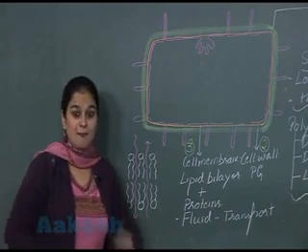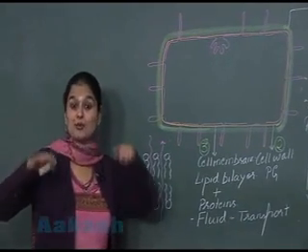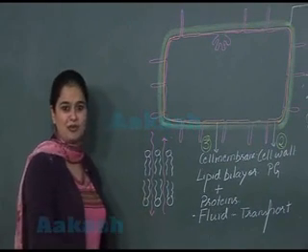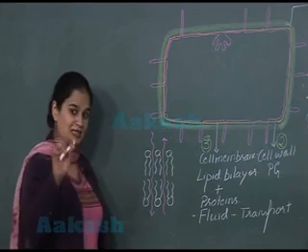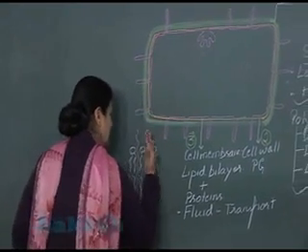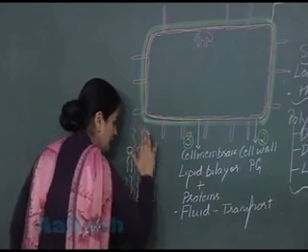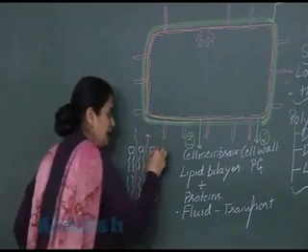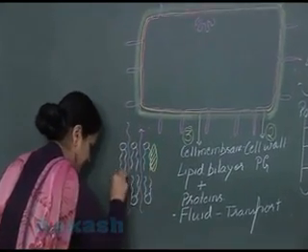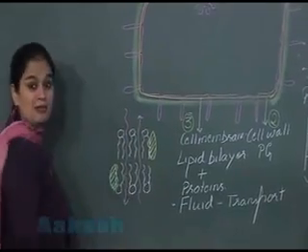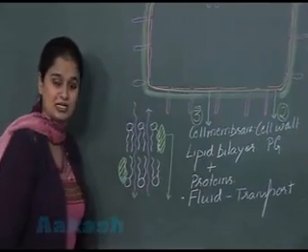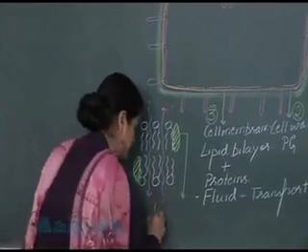So it means the fluidity of the membrane has to be maintained at a certain level, so that the stability of the membrane is also maintained. Let's see how this stability will be maintained. These lipids show movement. To restrict their movement and reduce fluidity, there is the presence of compounds along with the lipids, and these compounds represent